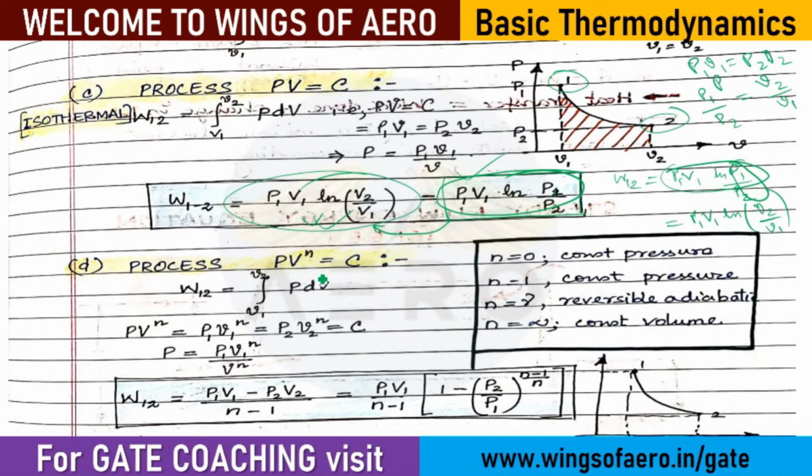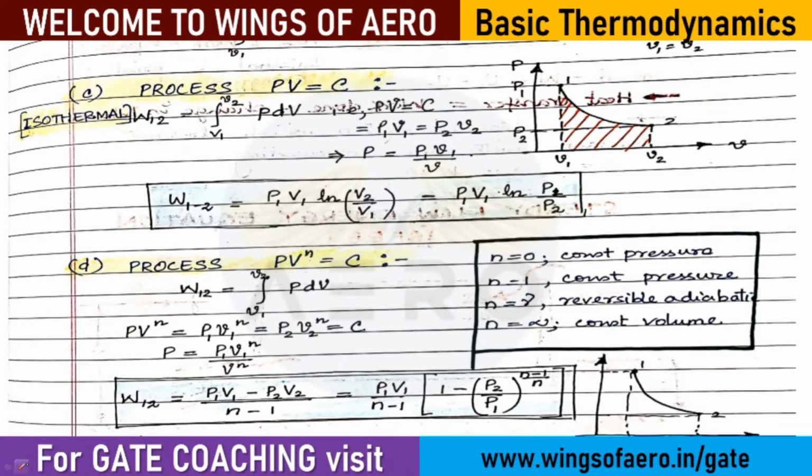Next important is the process. So the next process is the polytropic process. Okay, can you explain again? Which one? Isothermal process. Okay, what do you want me to explain in this? Tell me. I want to know how this ln came. Okay. Now you know this ln. How did this ln come? Your question is how this ln came?